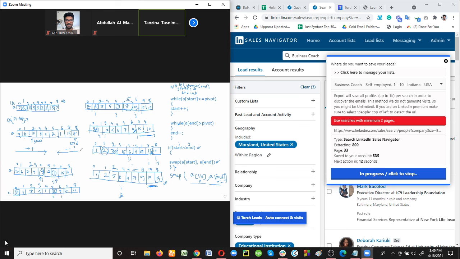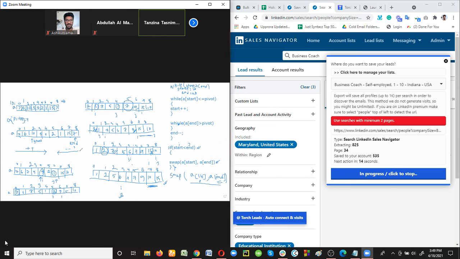The start pointer value will be increased if the value is less than or equal to the pivot element, and the end pointer will be decreased by 1 if that value is greater than the pivot element. Suppose at a point the data is not less than or equal to the pivot element, so we can't increase the pointer, and at this point j is not greater than the pivot element, so stop the decrementation process.